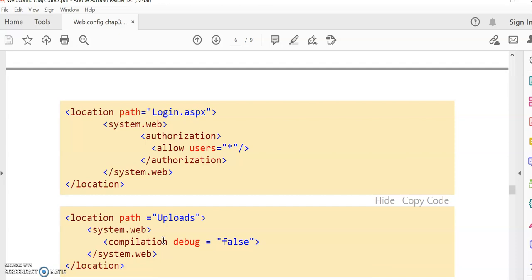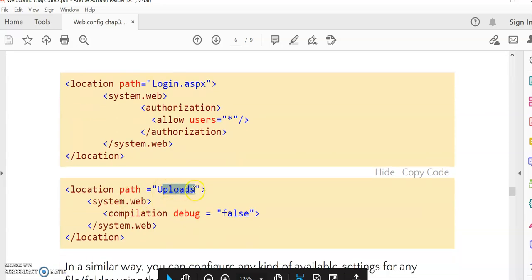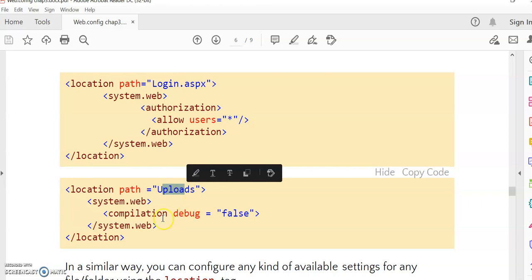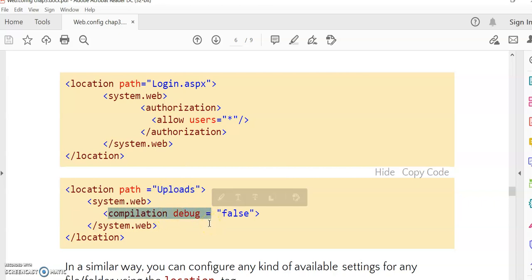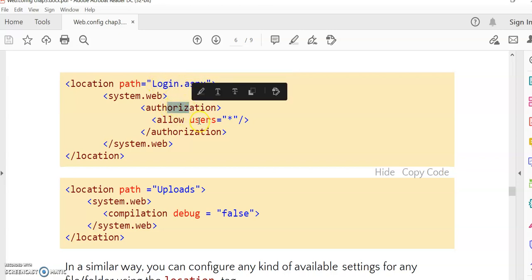Then we can specify it with the help of location, as location path is equal to uploads, which is the name of the folder, and here system.web compilation debug false. So for this folder we should not debug the code; that will be applied only for the uploads folder.